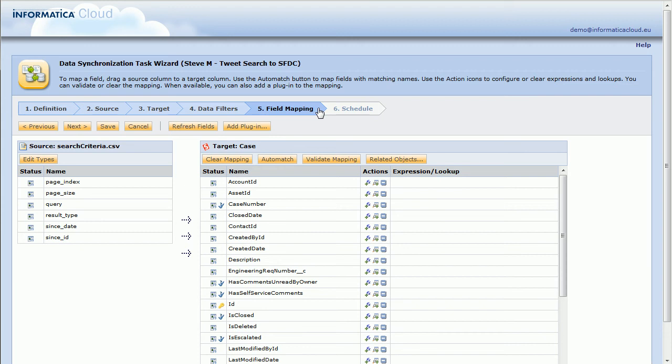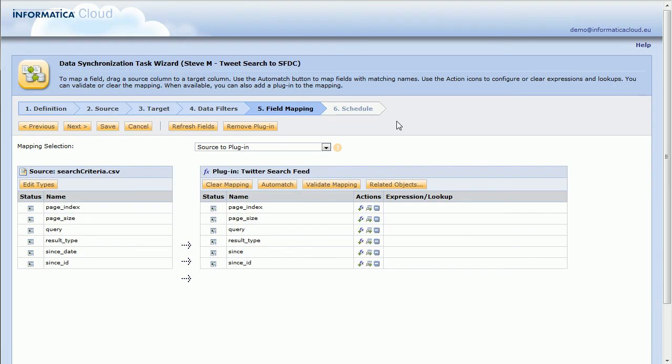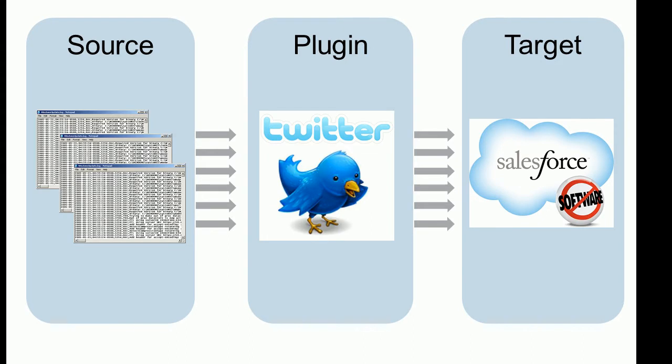So we actually want to use that plugin that I was talking about earlier. You do that by hitting the add plugin button. I click that. You then get a list of the plugins that are currently available in your account. So we need the actual Twitter search feed plugin. I say OK for that, and now that plugin has been slotted in between the source and the target system. So if we look back at our slide here, we've got a source on the left, target on the right, and in between that plugin has slotted in with our functionality that will allow us to search